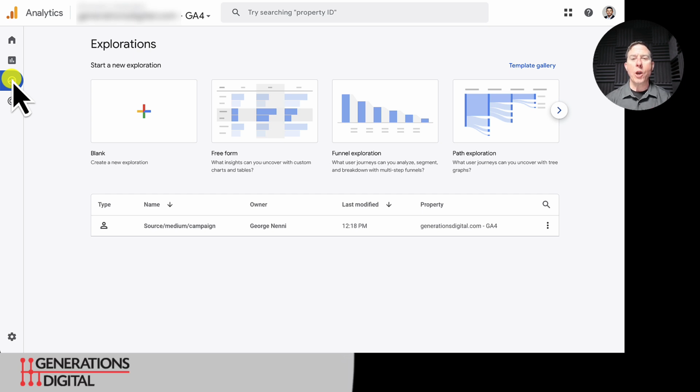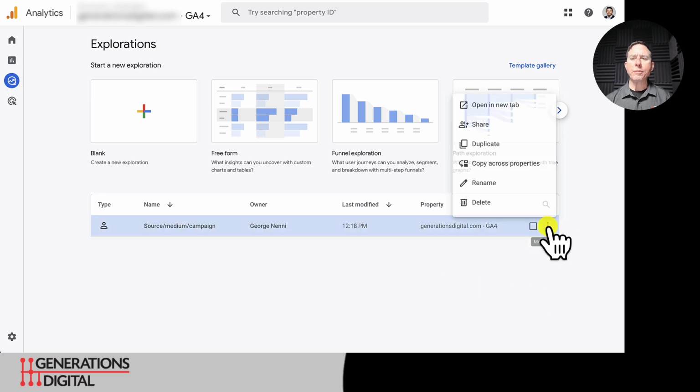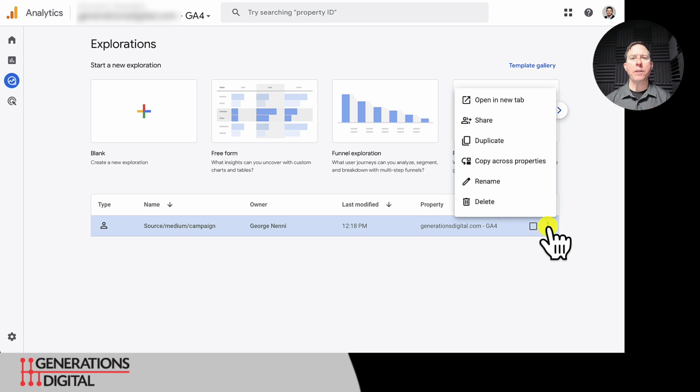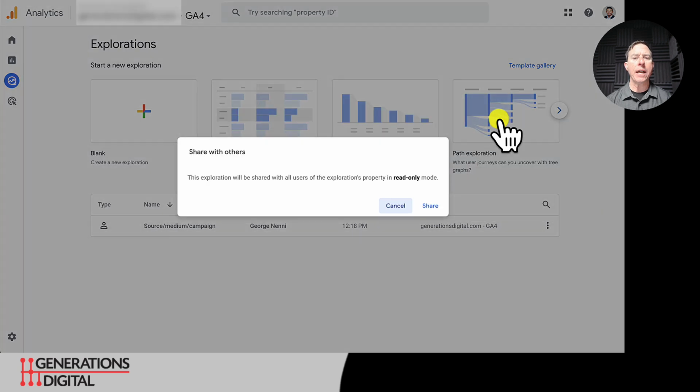Okay, so first of all, here we can see our one report here. We've got templates up top that you can use, but we've built one custom report here. And of course, this is one of my favorites, source medium campaign. That's a very common report you'll find in all of our GA4 setups. But if I go over here to the three dots and click, I get an opportunity for a couple actions. One, if I choose just to share, which is going to be the share button here, and I'll go ahead and choose that now, that will share this exploration in read-only mode with any other users on this same